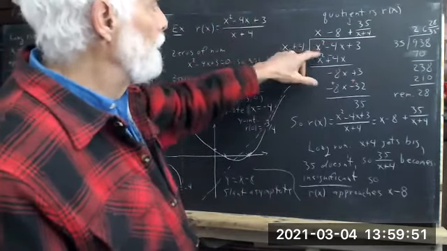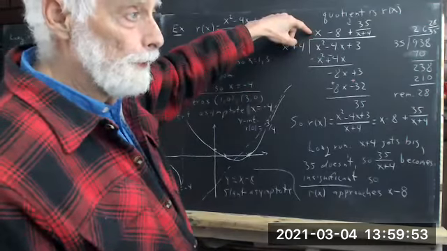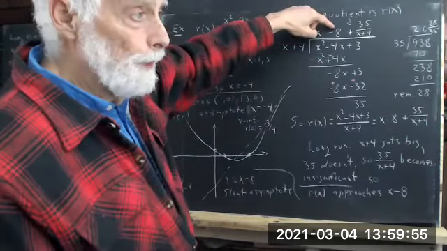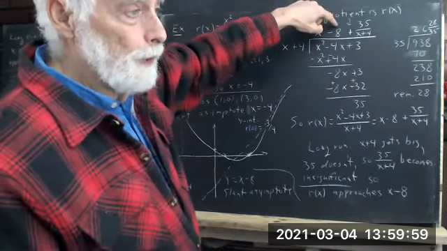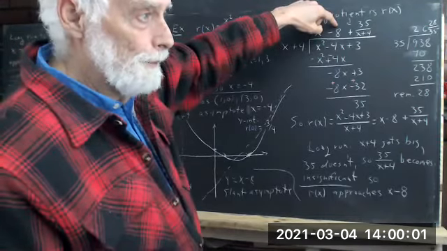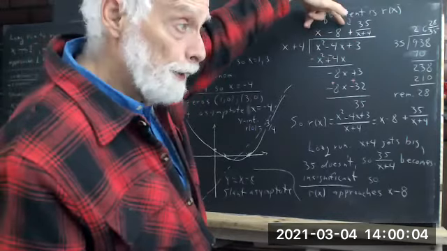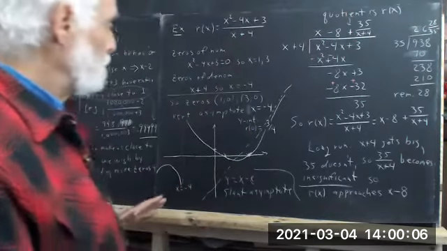But when you divide this into this, you get some multiple of x here, and then you're going to get some number here, and that's going to be the equation of a linear function. The linear function that you get here is going to be your slant